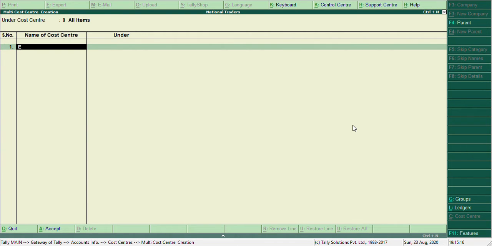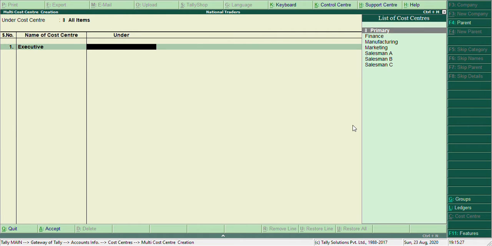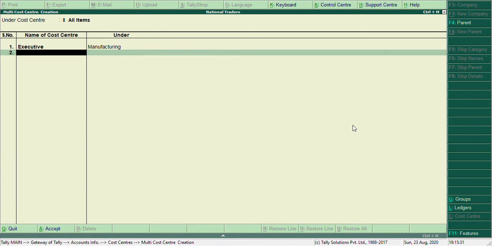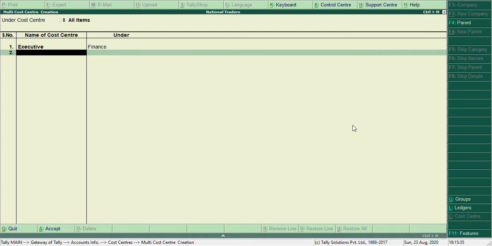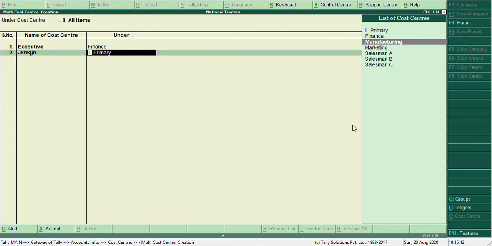For example, you can create executive wise also, executive marketing, executive 1, 2, 3, departmental wise also. You can select here manufacturing or finance, accounts. However, you can go on to create the cost center under a particular department wise.